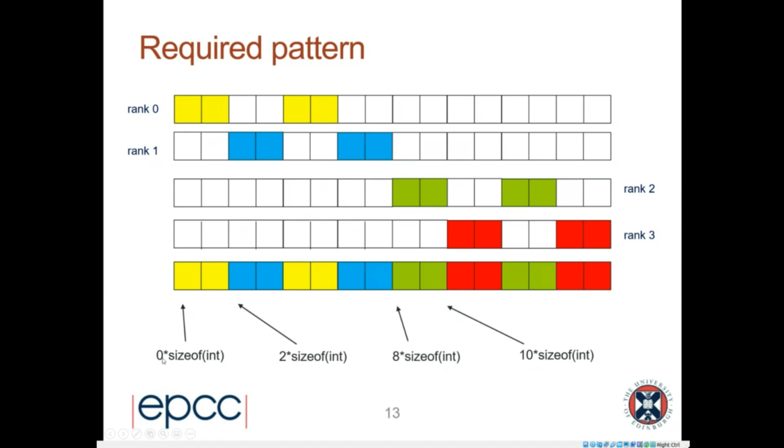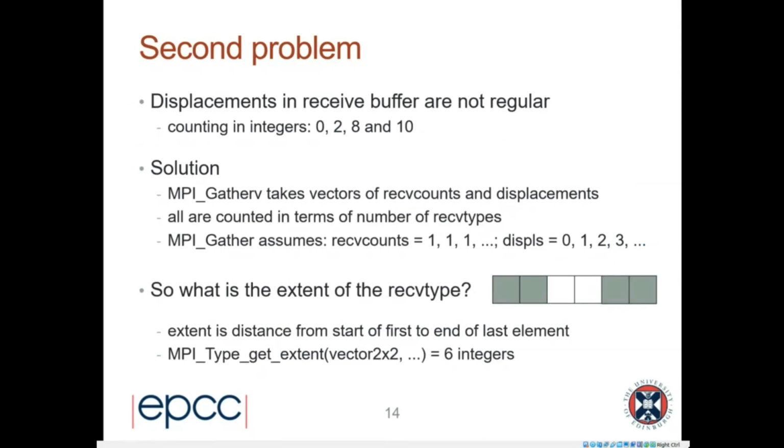So we have two problems. A, the offsets in the receive buffer aren't regular, and B, the offsets are not multiples of the size of the incoming received data type. So MPI gather will not help us. The displacements of the receive buffer are not regular, so we need to use something called MPI gather V. MPI gather V is more general than gather. It takes vectors, i.e. arrays, for receive counts and displacements. For us, the receive counts are all 1, but the displacements